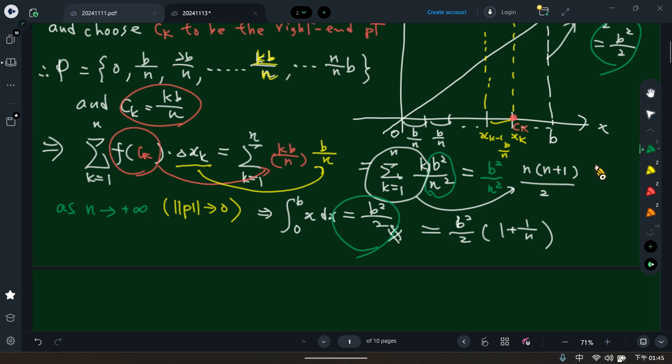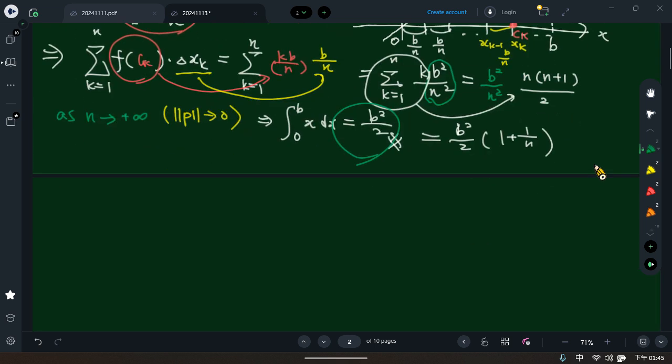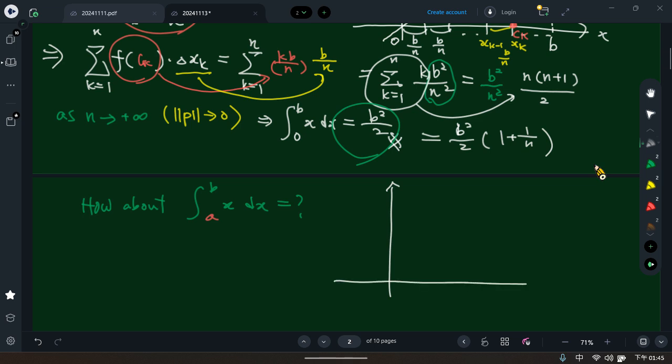So if you want to extend it, how about if you have this result, how about the integral from a to b of x dx? You can see if you want to calculate this, it is equivalent to, here is still b, but here is a. This time I just want to calculate this part, right? If I want to calculate this one, it will become b squared